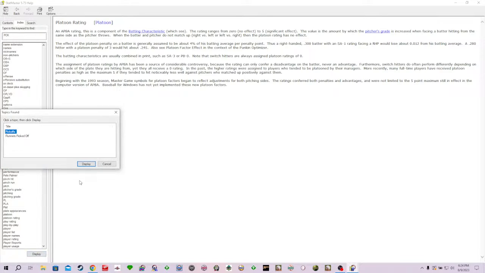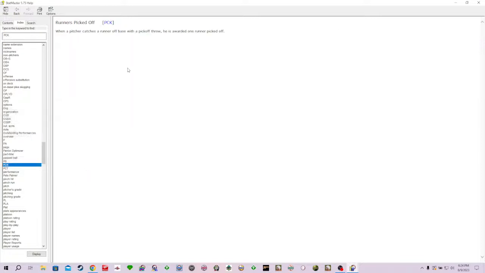What's this one here that we're bringing up here? I have no idea. Oh, runner's pickoff display. The pitcher catches it with a perfect throw, he's awarded one runner pickoff, and so on and so forth. So don't forget this brilliant, brilliant help system. Okay, now that we've done that,